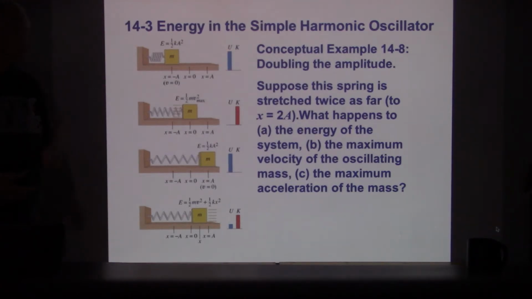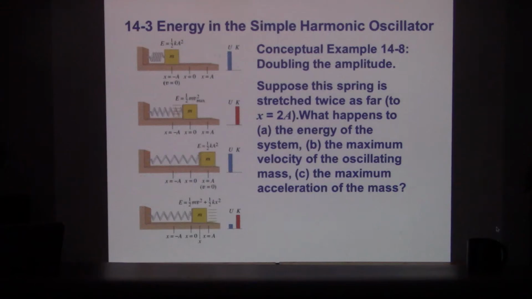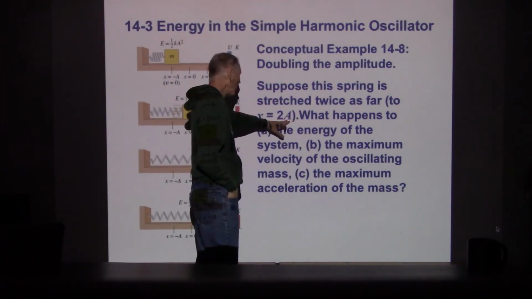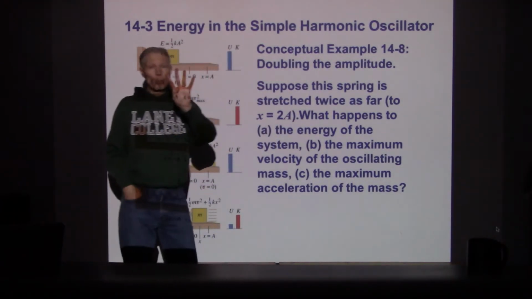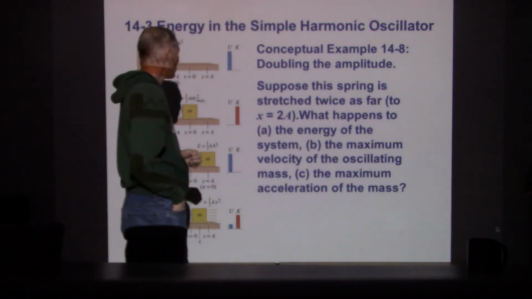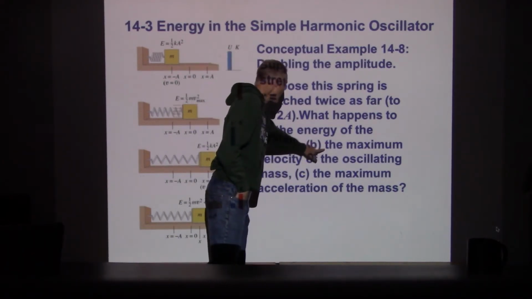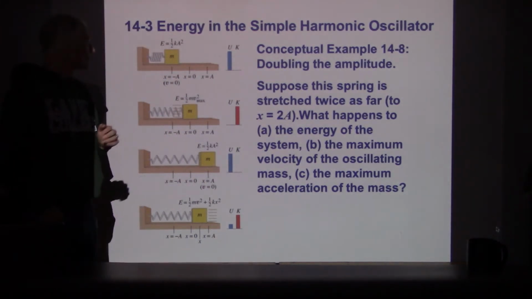And what we just saw was that the energy depends on amplitude squared. And so if I double the amplitude, suppose the spring is stretched twice as far, what happens to the energy of the system? That's 4 times as much. Okay, so doubling the amplitude should give us 4 times the energy. What would happen to the maximum velocity? Well, if we double the amplitude,